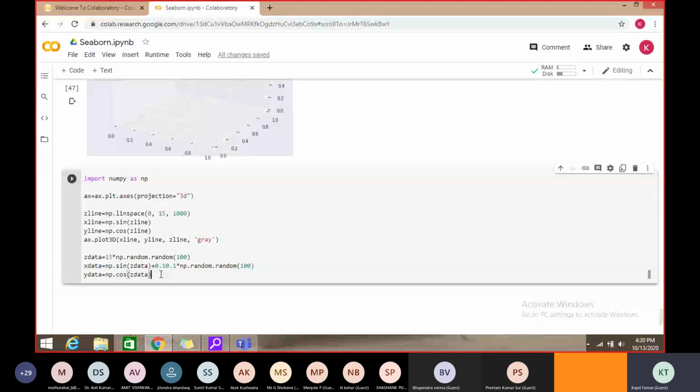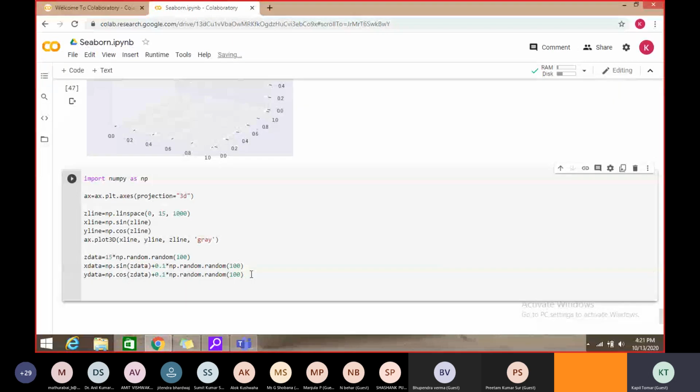Anything, it can be again the same, and np dot random dot random and bracket 100, and these three values.